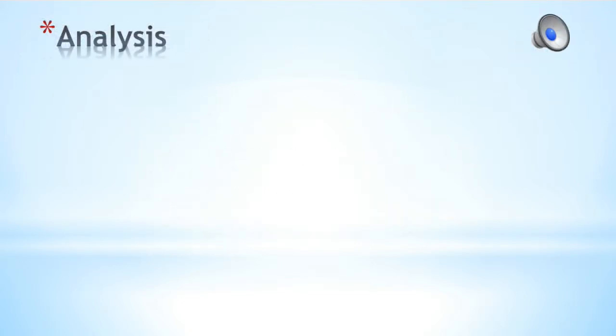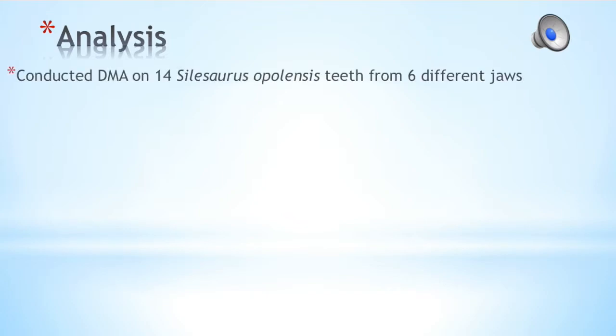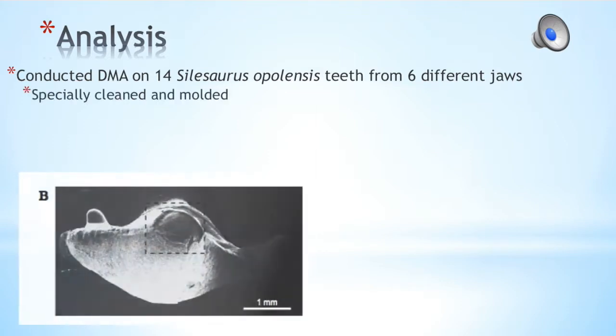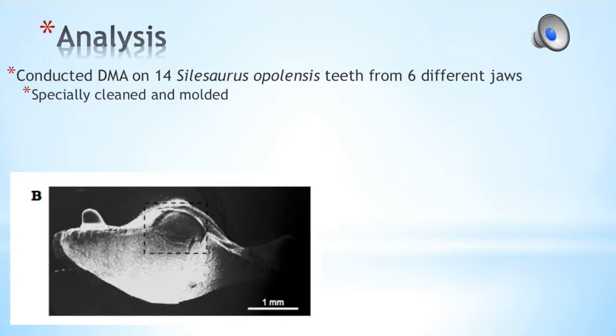To test this question, the Kubos conducted dental microwear analysis on 14 Silosaurus apolensis teeth from 6 different jaws. The teeth were cleaned with acetone and cotton swabs under a stereo microscope. Molds of the teeth surfaces were made with polyvinyl siloxane, a quick-drying liquid that leaves a rubbery mold in its wake, and then sputter-coated with platinum. The molds were then viewed at 300 times magnification using a scanning electron microscope to examine the scratches, including the scratch distribution and direction. The researchers used two primary variables: